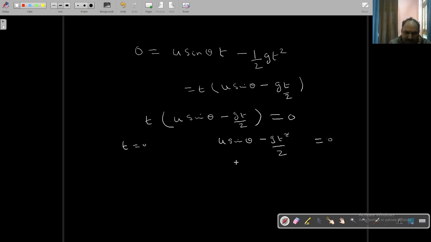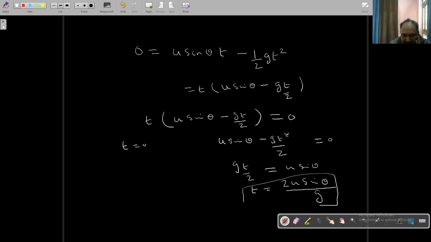So gt by 2 is equal to u sin theta. Okay, so t is equal to 2u sin theta by g. This is the time of flight of the particle. Okay,